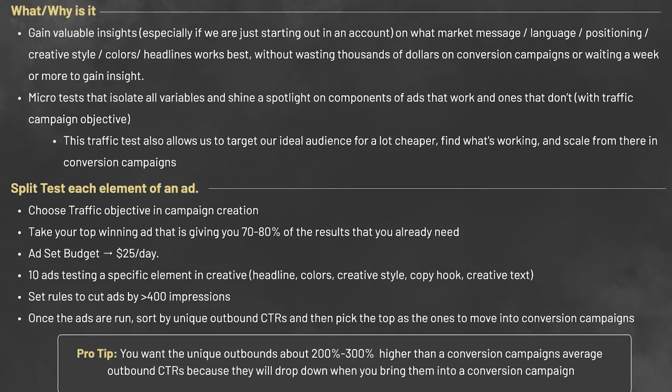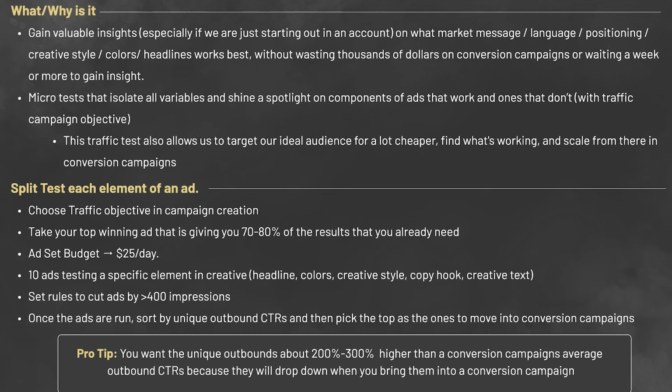And once every ad has been turned off, you come back for a review. 400 impressions is almost nothing. It'll happen over the course of probably 4 to 5 days. You can have all those ads reach 400 impressions, even if you're running like 10, 20 bucks a day. It's pretty cheap. So then, once the ads run and they all turn off, you're going to sort them by unique